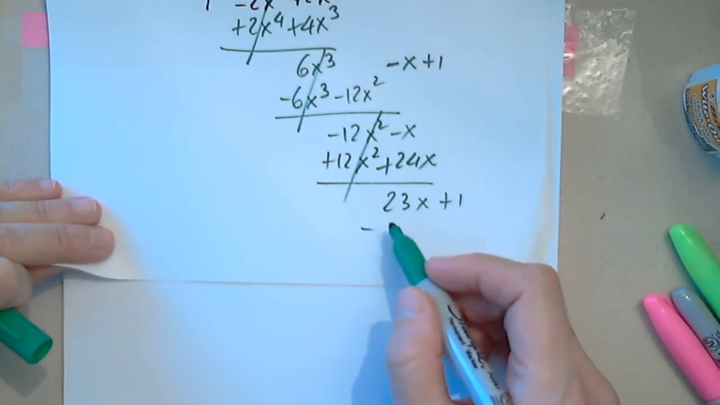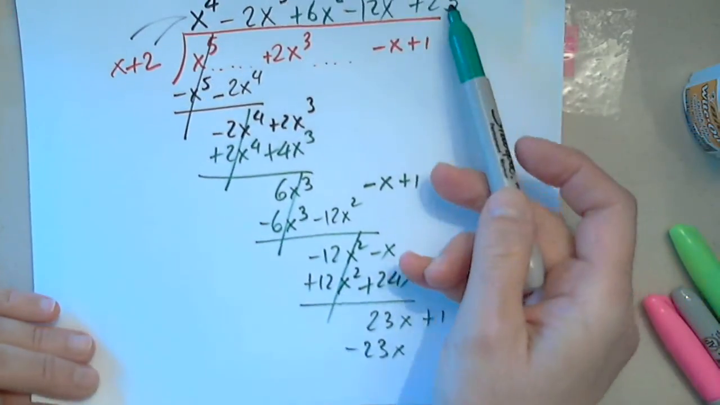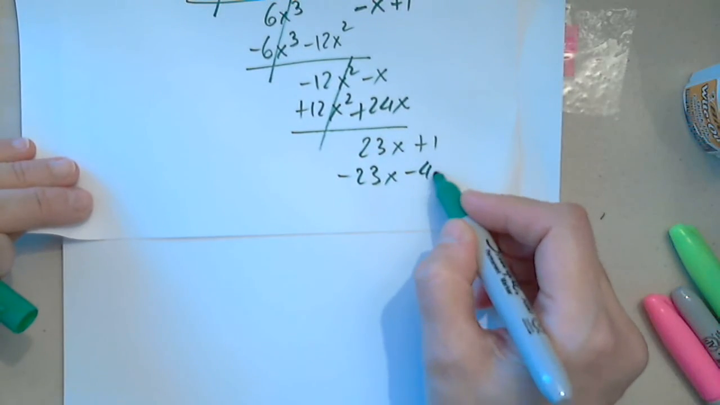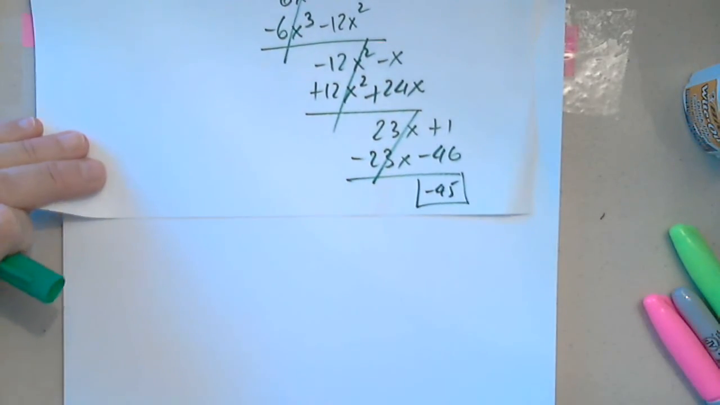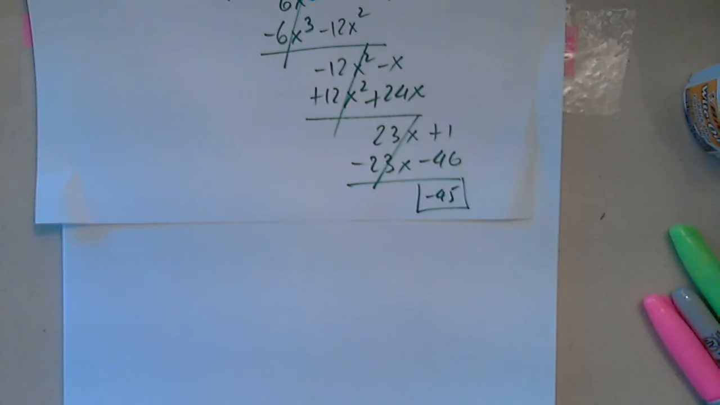Minus 23x, and plus 46, but minus 46. And this is negative 45. You're not going to have a problem this long. This was